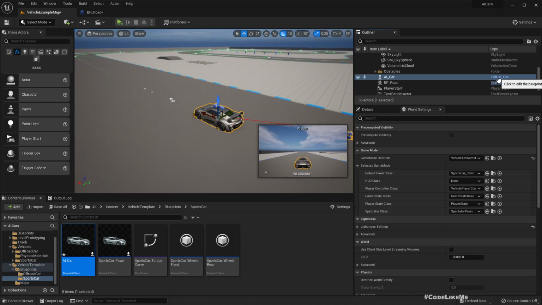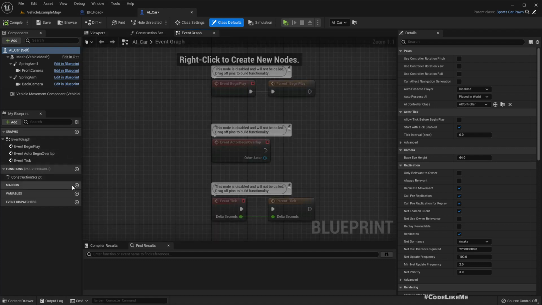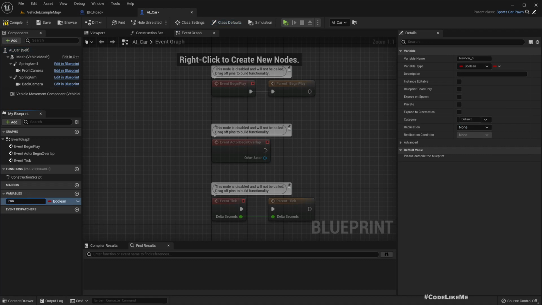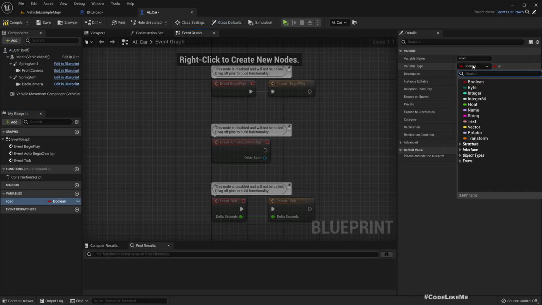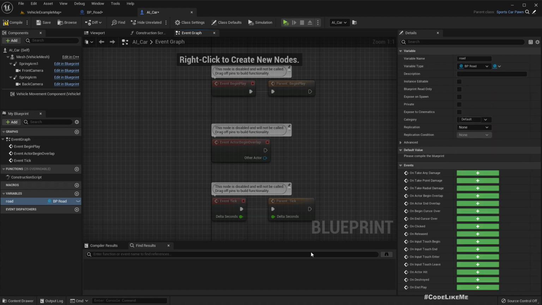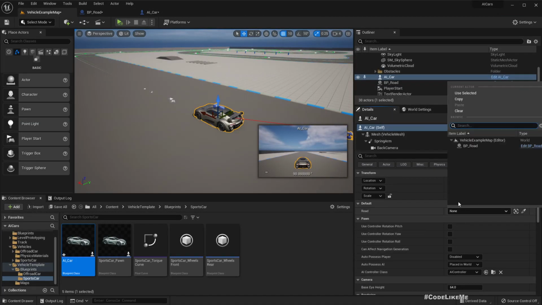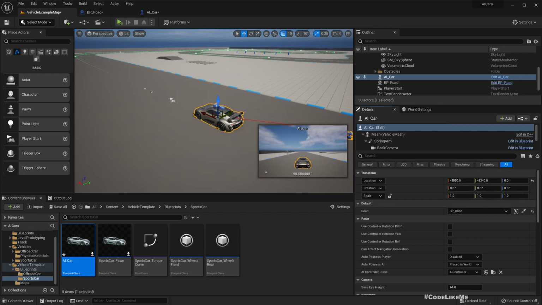Right, now open it and here I'll add a variable road. This should be of type PP road. I'll make this instance editable so we can assign this in here. PP road. Okay,